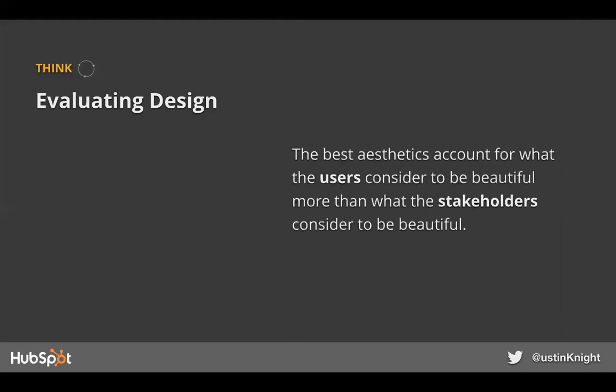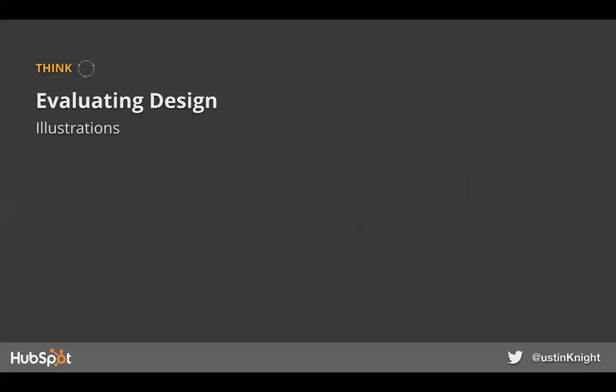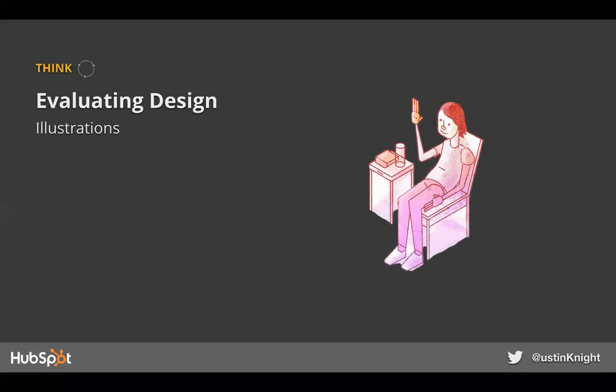The key is an understanding that the best aesthetics are going to account for what the user considers to be beautiful more than what the stakeholder considers to be beautiful. And that is something that we can measure. So that's the approach that we took here. We started by evaluating illustrations. They were a different approach that we wanted to see if it would make sense to bring into the design. And so we had around 10 or 12 different illustrative styles that we tested with users,